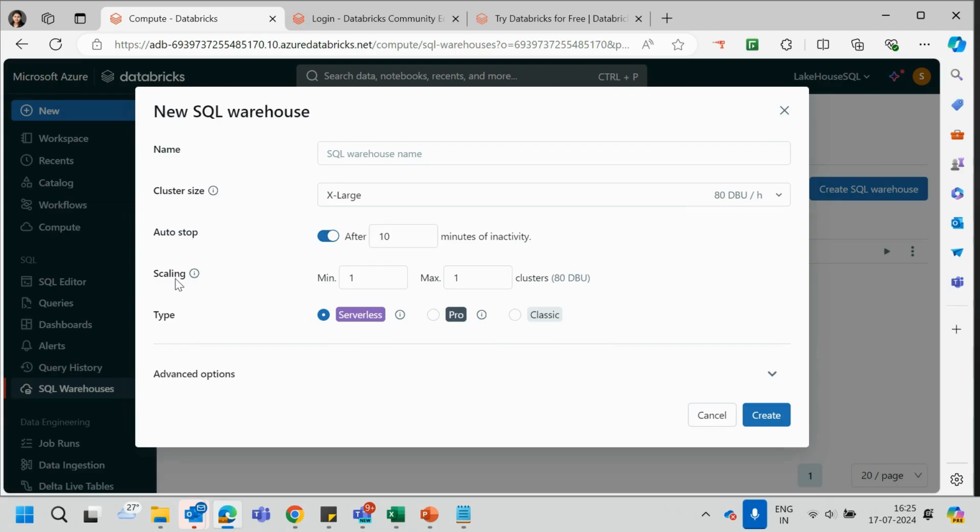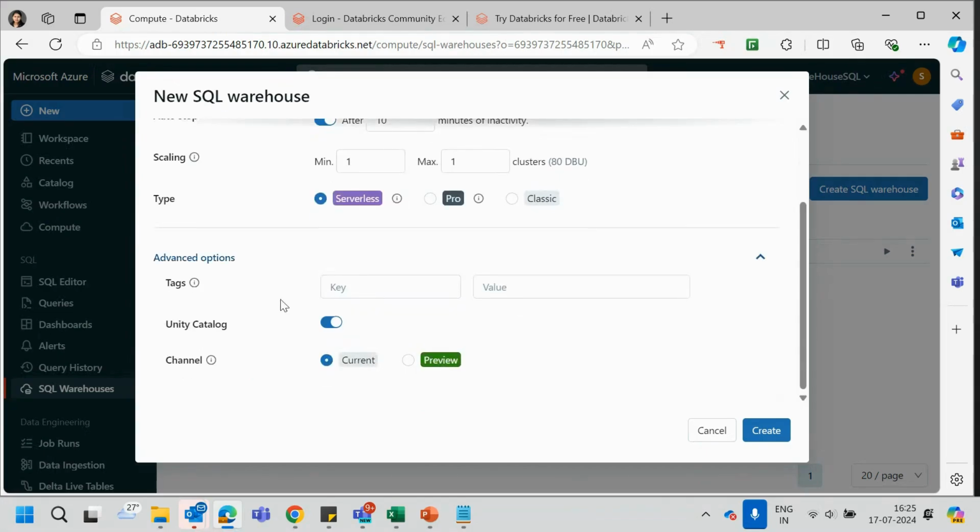And in this also, there is an auto scaling option. What is the minimum number of clusters that you will be needing, and what is the maximum number of clusters that you will be having. In this advanced